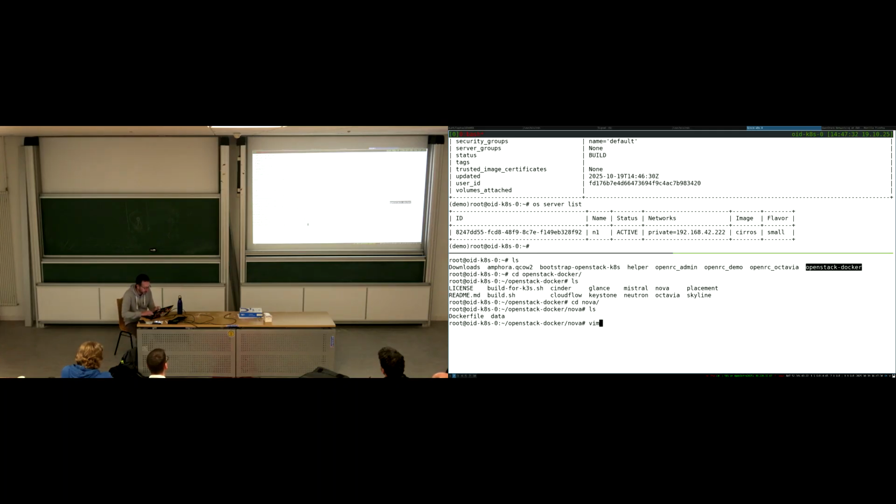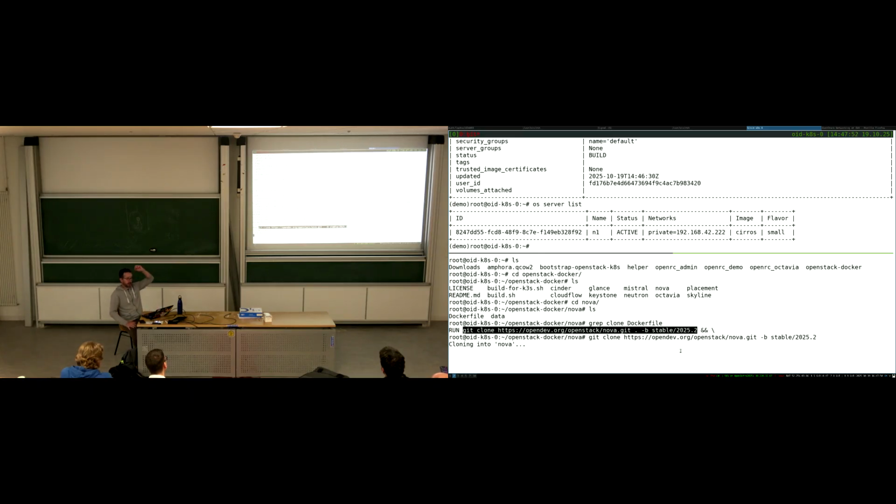I will do a patch there. So let's do grep clone Dockerfile. I want to git clone Nova locally. Git clone Nova. So I'm cloning Nova from OpenDev directly inside my Kubernetes machine for now. The idea is to patch Nova there, rebuild an image, inject that image into Kubernetes, and roll out restart the Nova API in order to test the new Nova